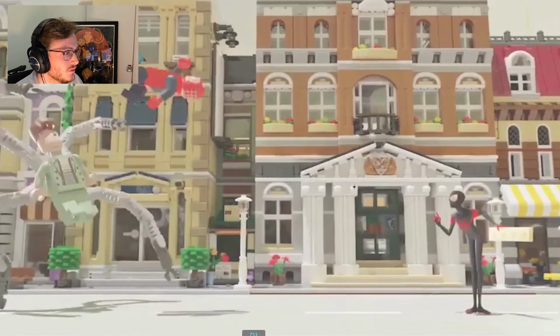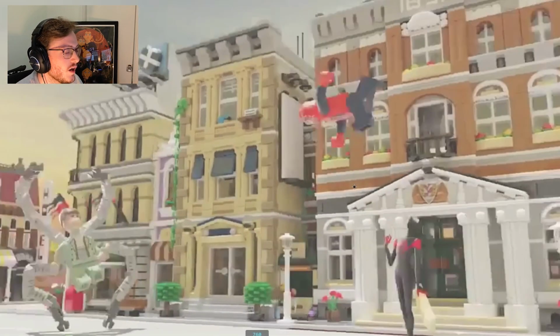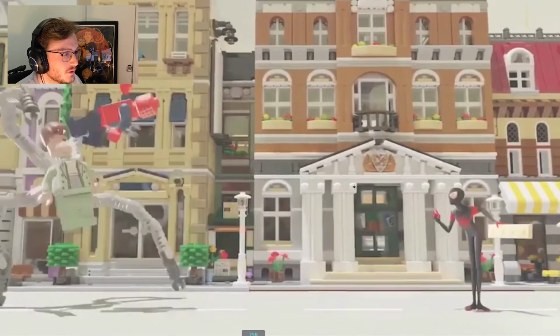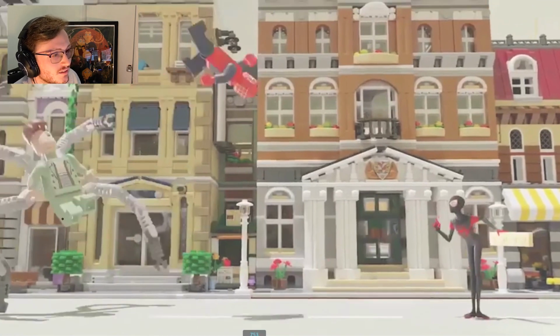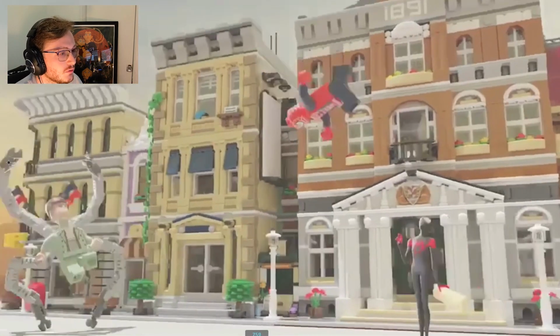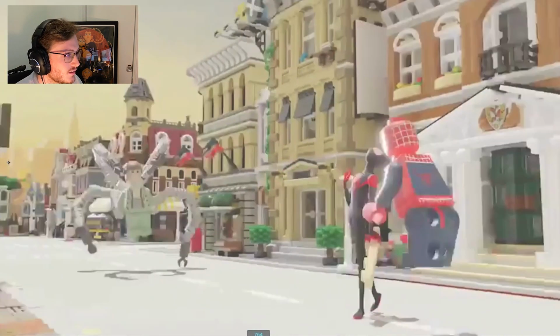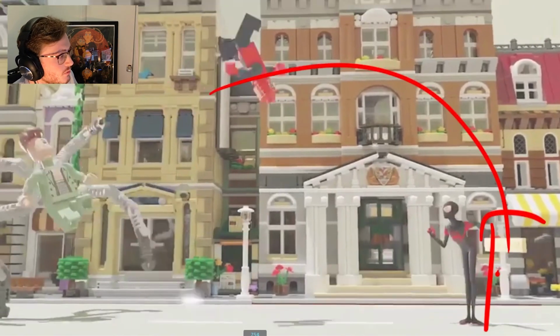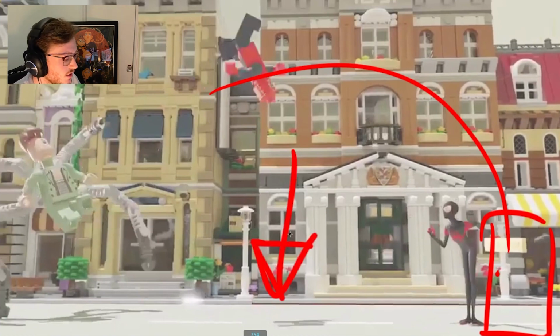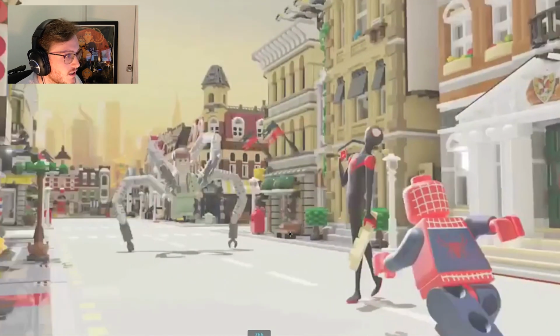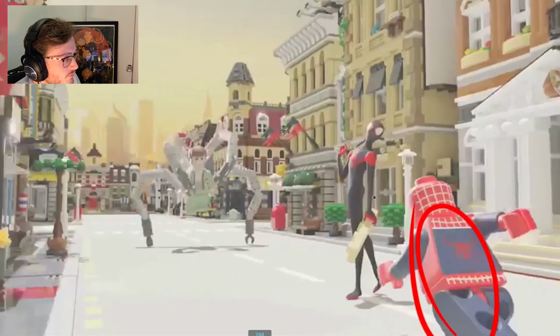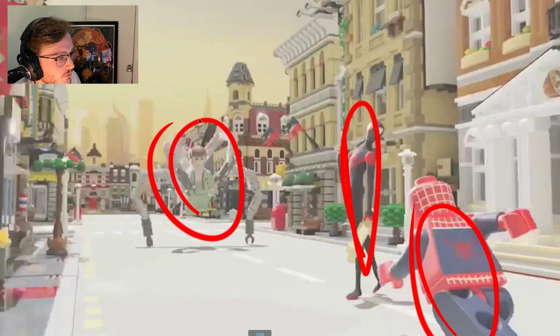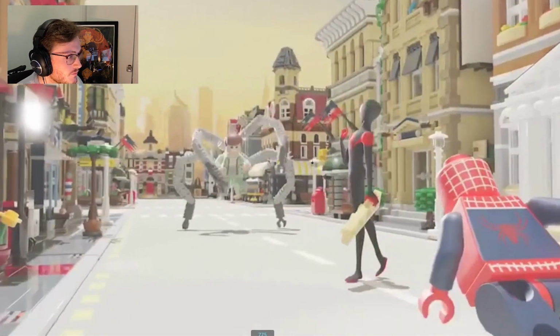So see how... What I probably would have done here as well is I don't really feel too much of the impact on Doc Ock here, so I maybe would have had him push frame slightly, and that would have given us more reason. Because right now, I know he's going to land behind Miles, and there's not much room here, so we could just pan it out, and that would adjust. But if we want to make it more dynamic, have the camera come around so that we now have a clearer composition and makes it feel more dynamic.